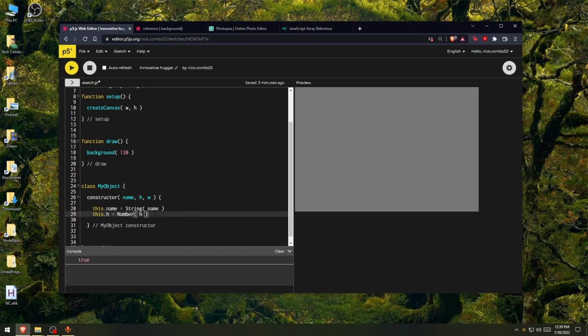So the way you could just make sure that that's some kind of number, in case they give you something weird there, is to say or. And that's these two pipes. That's the shift plus the character underneath the backspace. This is the logical or, which means, hey, give me this number,